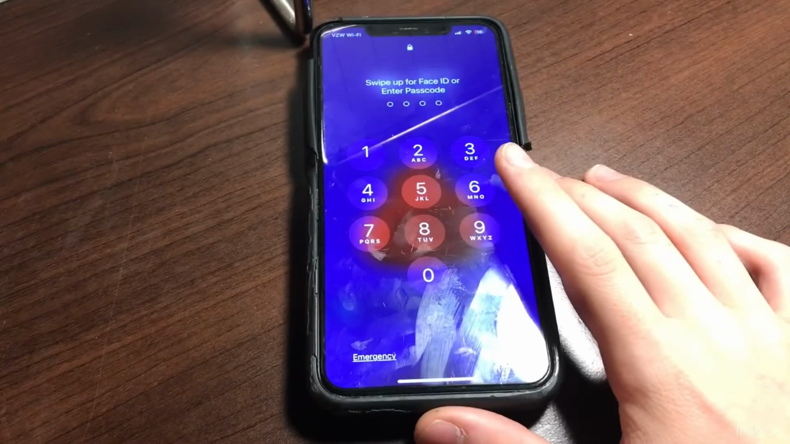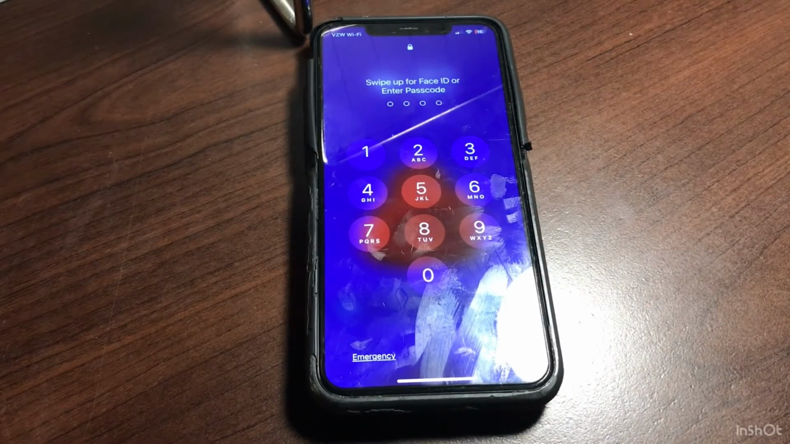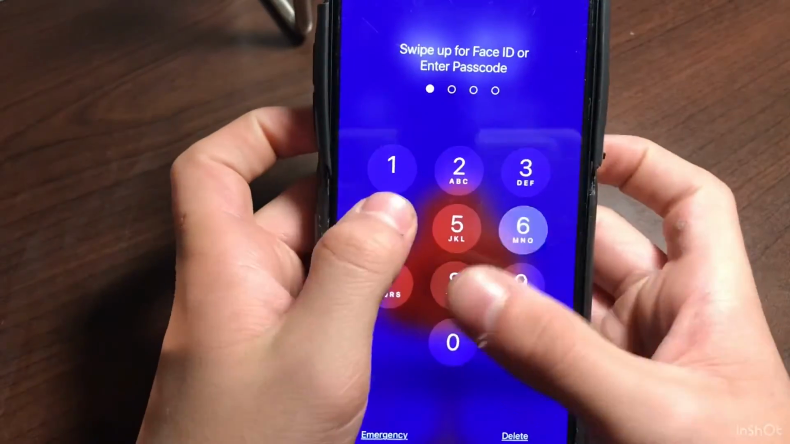What is that clicking noise? I swear, there's so many noises, it just creeps me out. Anyway,